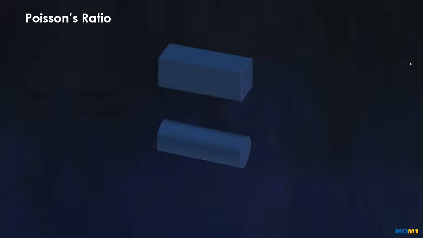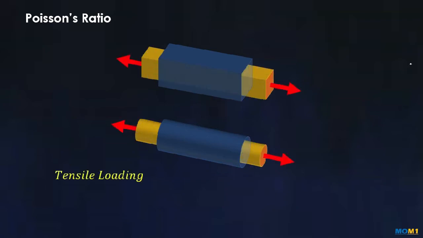In this video, we will discuss an important property of the material, the Poisson's ratio. It gives the information how the material deforms under axial loading. Once we stretch a cylindrical bar, whether it is in rectangular cross section or circular cross section, certainly its length increases along the longitudinal axis, but at the same time, there is going to be reduction in length along the lateral axis or the transverse axis.